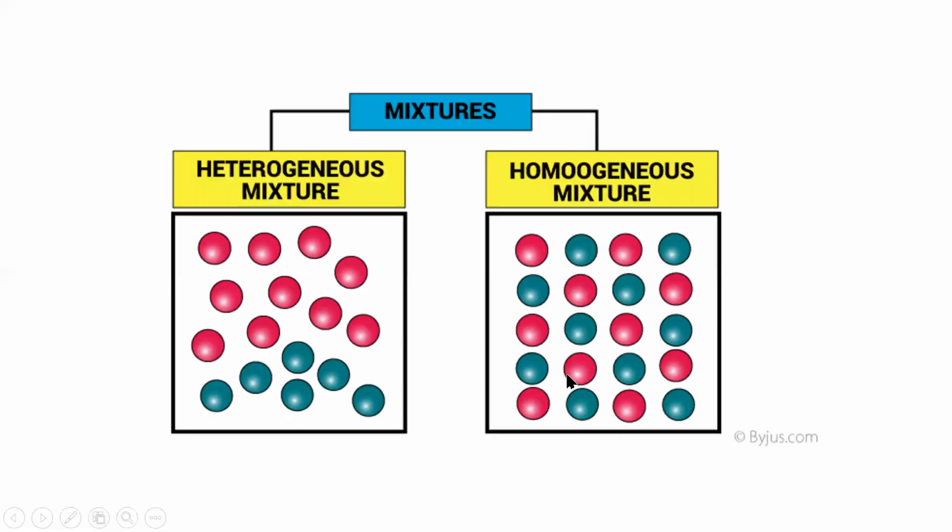Now in the picture form, it would be more clear to you. See, in case of heterogeneous mixtures, these pink colored molecules and gray colored molecules are separately seen. On the right hand side, if you check carefully, in case of homogeneous mixture, these two different types of molecules are uniformly present. We are not able to separate out these two different components, and that's why these are called homogeneous mixtures.